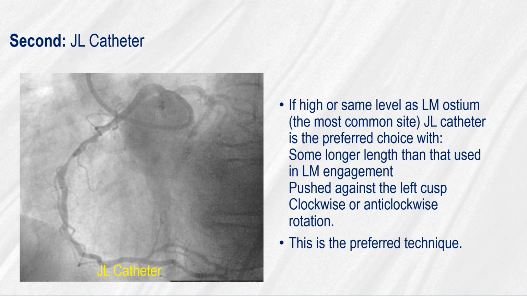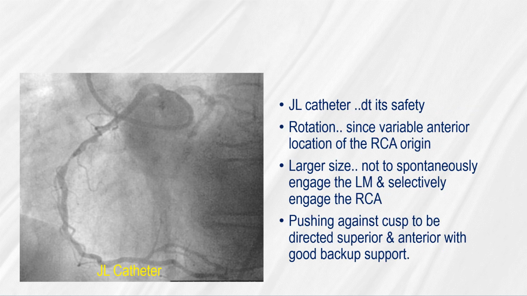If the origin is high or at the same level as the left main ostium, the most common site, the Judkins left catheter is the preferred choice, with some longer length than that used in left main engagement, pushed against the left cusp, with clockwise or anti-clockwise rotation. Judkins left is chosen due to its safety, rotation since the anterior location of the RCA origin is variable, and its larger size, so as not to spontaneously engage the left main and to selectively engage the RCA, pushing against the cusp to be directed superior and anterior